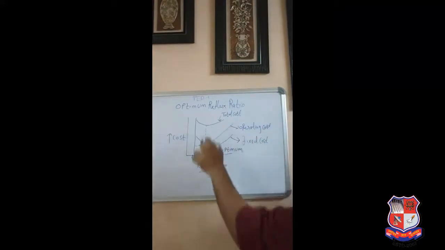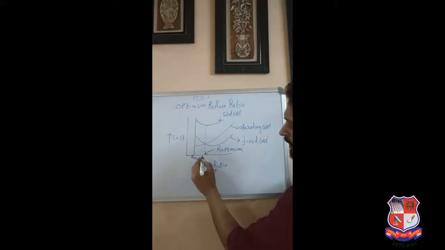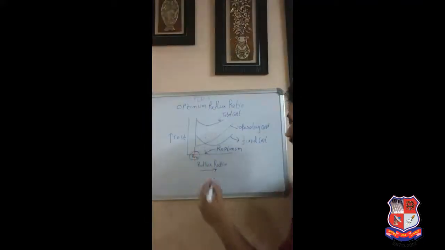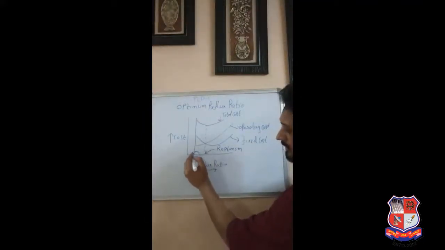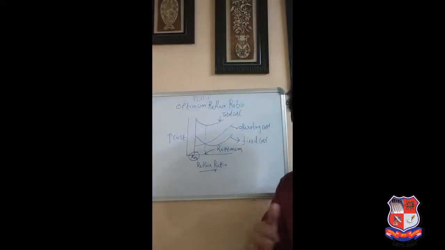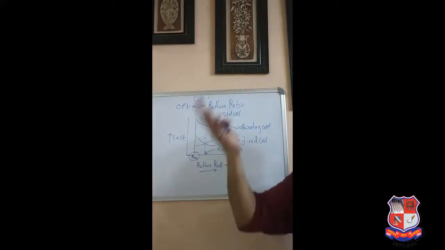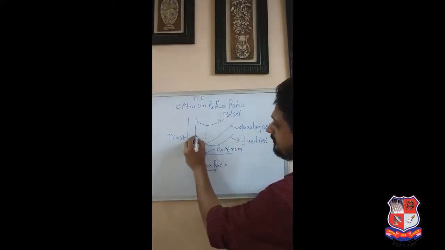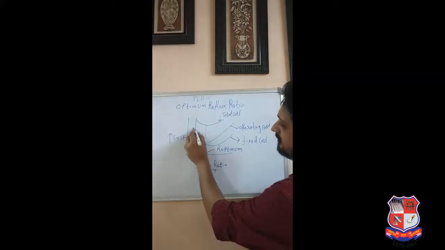Right? Now we'll understand this graph. This is the reflux ratio and this is your costing. Now when I am operating my column under minimum reflux ratio, that will require an infinite number of trays, right? So the height of the column will be higher. That means more MOC is required. More MOC is required, that means more metal goes into the process. So the fixed cost of your system is higher, because of which this costing is very high.